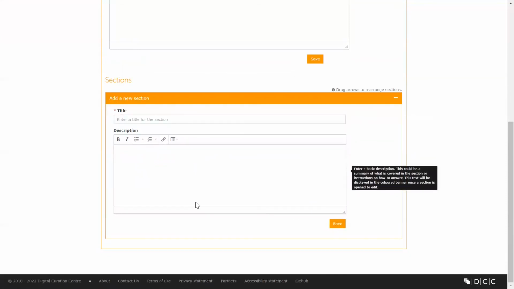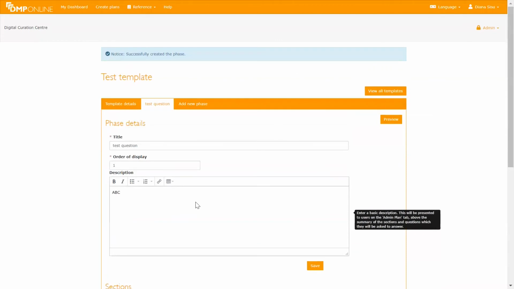I'm not going to go through this whole thing. I hope you agree that it's relatively easy to use, and you can create as many questions and phases as you like. Although the recommendation is to keep it as simple as possible, because we find that universities are having not a tough time, but it's creating the culture of actually, please fill in your template, please produce a data management plan for researchers. Building it into workflows is still in the process of